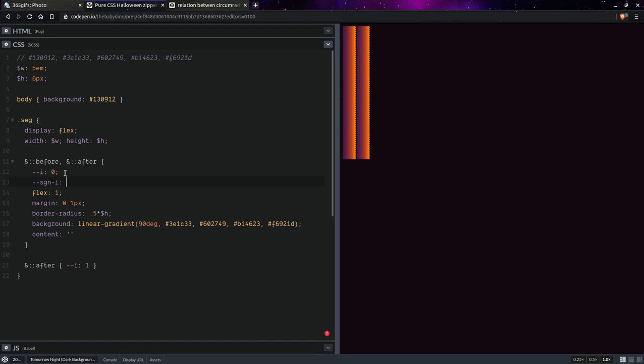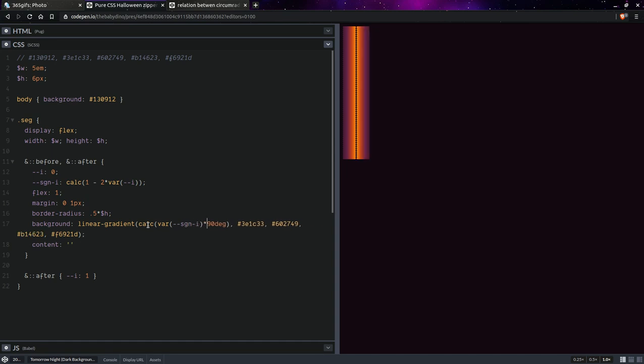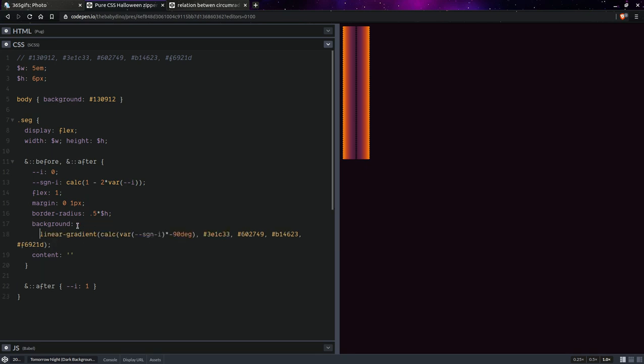This is going to be calc 1 minus I times 2, so 2 times I. Okay, so having done this, here we can use a calc, and this is going to be the sine, times 90 degrees, and actually we want in the middle, the dark part. So yeah, I think it looks better like this. Let's format stuff in a way that looks better. Okay, so having done this,